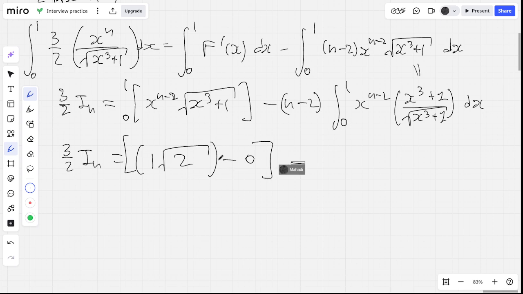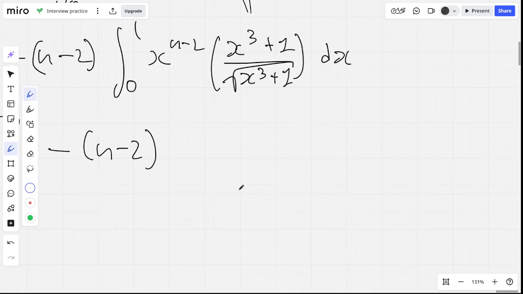I don't have to worry about that. And minus 2. Now, this is where the magic is going to happen. This is x^(n+1) plus x^(n-2)